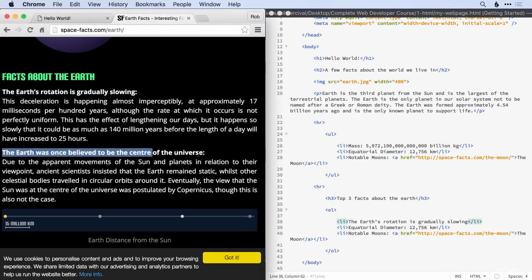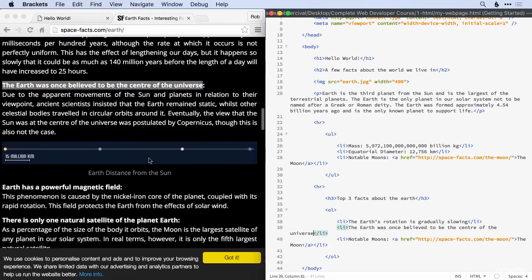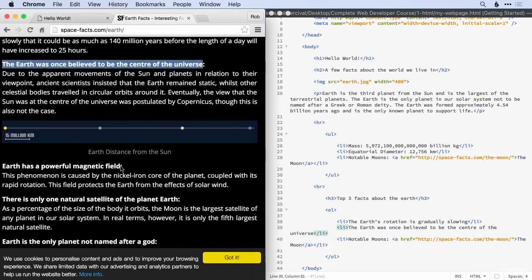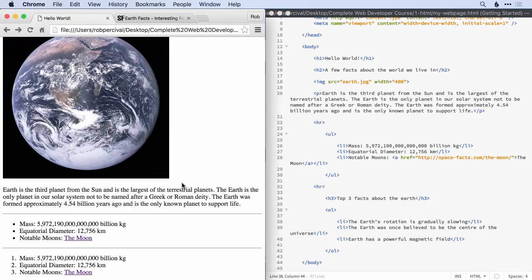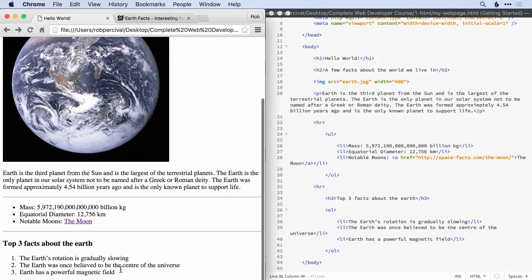The Earth was once believed to be the center of the universe. Have that as fact number 2. And the Earth has a powerful magnetic field. So we'll get rid of the link there because we don't need it anymore. Brilliant. Let's have a look. Fabulous. That looks great. I think now we need a